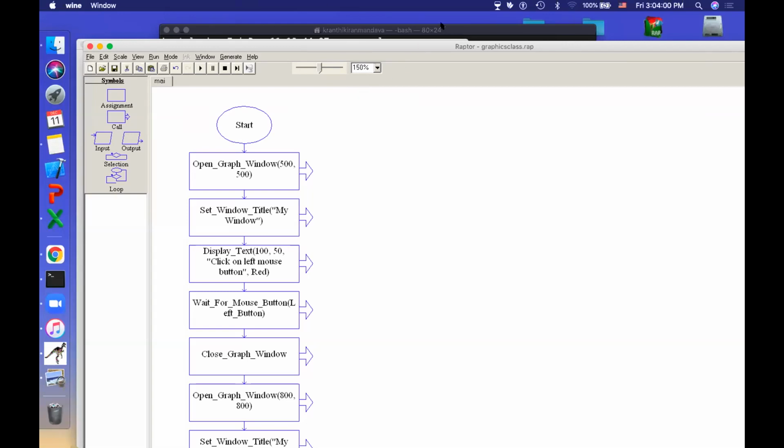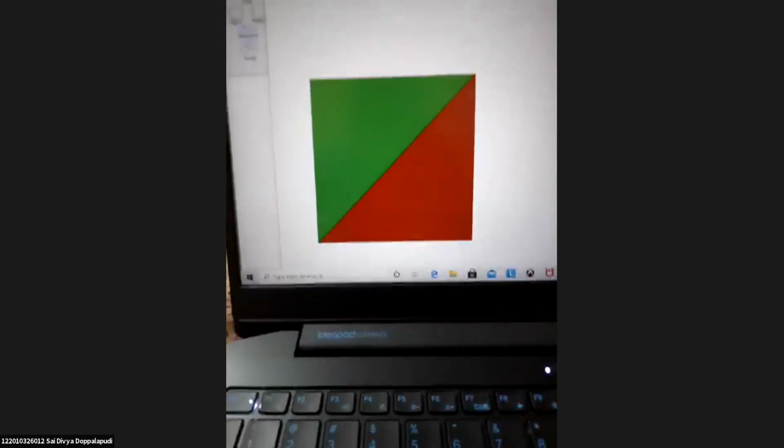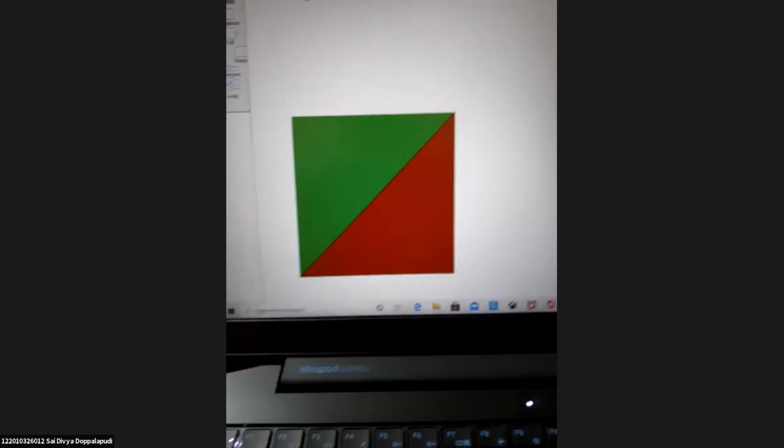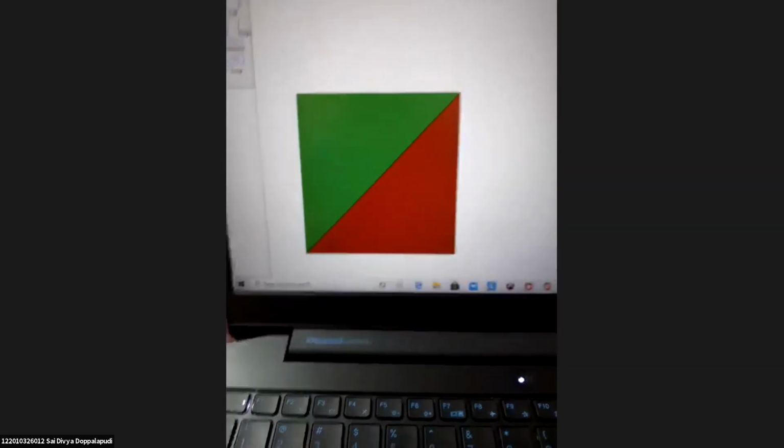That's correct. Can you share it now? Actually, I'm using phone. I drew it in the computer. So both you have done it with flood fill. One is green and one is red. Correct, fine.